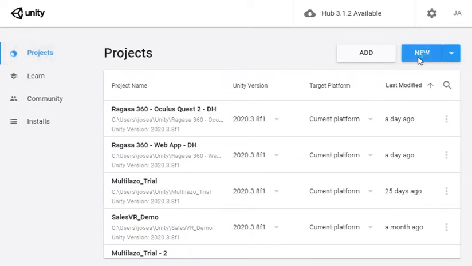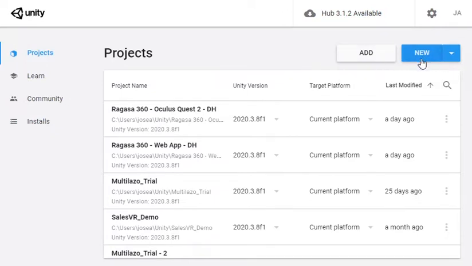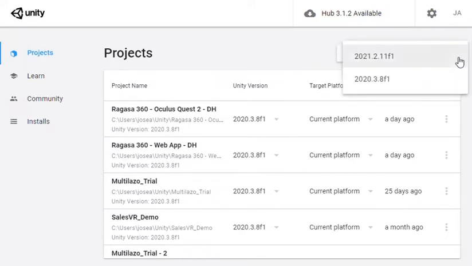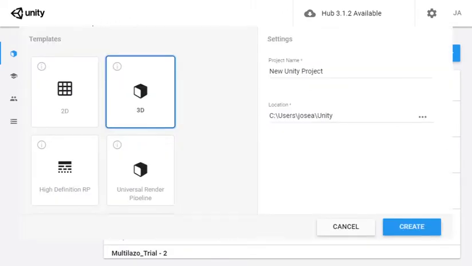What we're going to do is just create a new project. Here you'll see which version you're using for your project. In this case, it's telling me that it is using Unity 2021. I don't want 2021. I actually want the 2020. So I click on this arrow, and it's going to ask me which of the two Unity versions that you have installed you wish to proceed with. I wish to proceed with 2020.3.8. So make sure this looks exactly like here, or at least is a 2020 version, and it's going to ask you